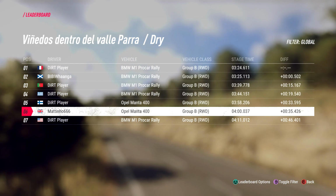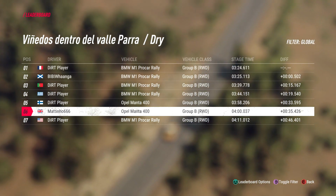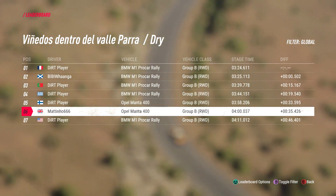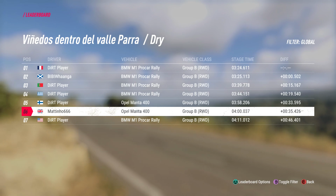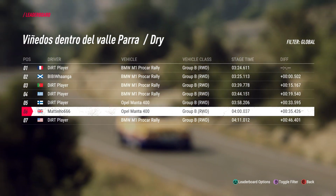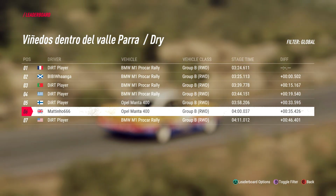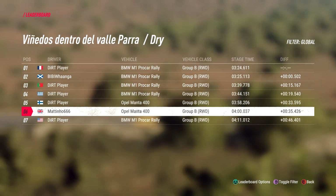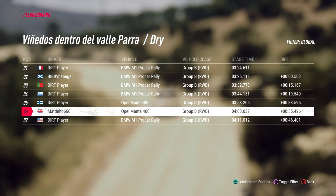But yeah, overall, it did feel pretty good. I think with a bit of tweaking, it could be better. The braking is the one issue I had with this car. It felt a little bit reluctant to get slowed down. But then when it did get slowed down, the rear end would go very, very light, and you'd be having to do snaps of counter steer left or right. But overall, it did feel very good, and it did feel like you could throw it around a bit and give it something,